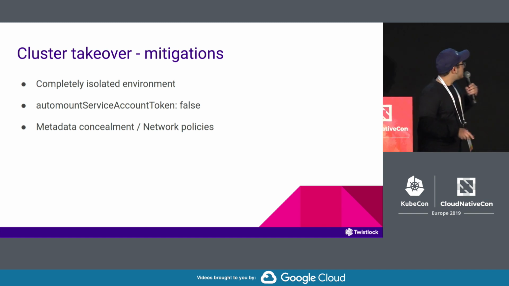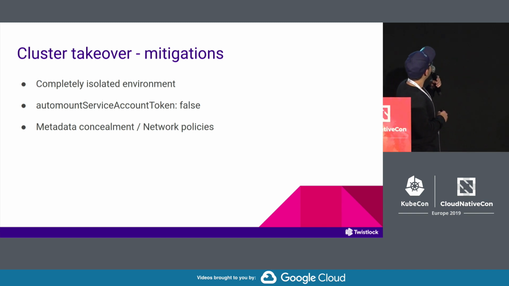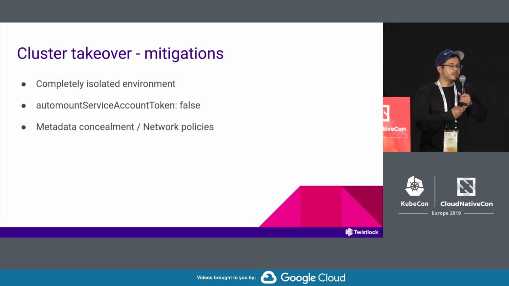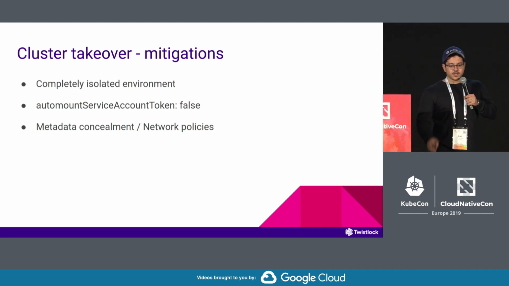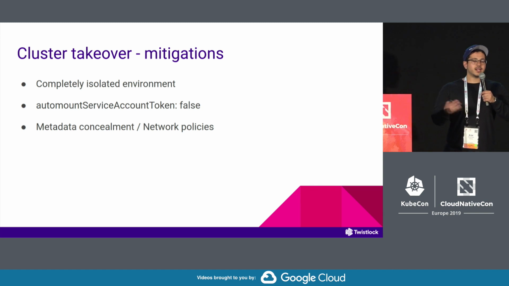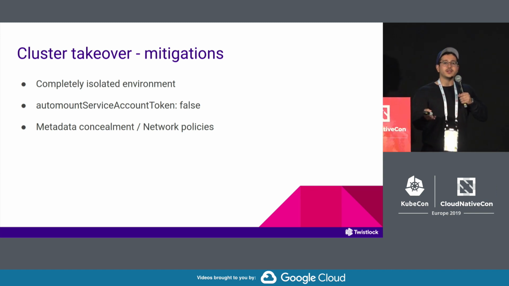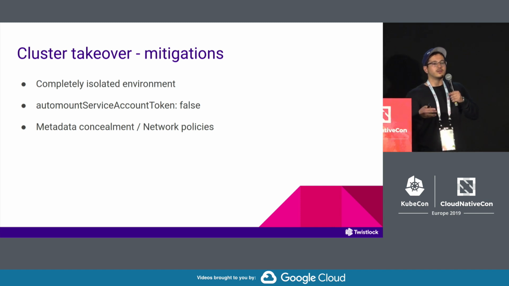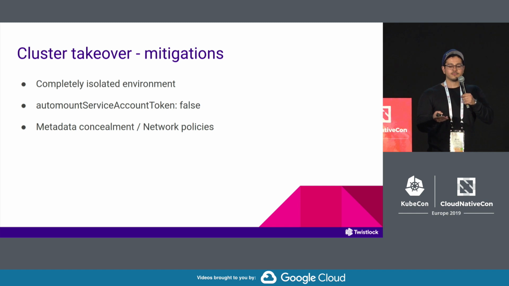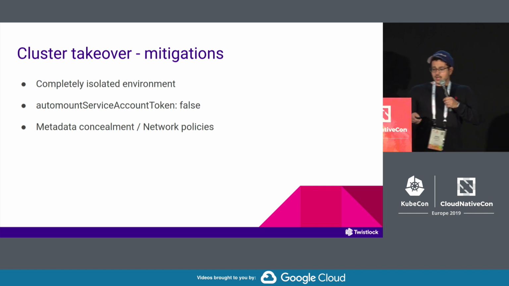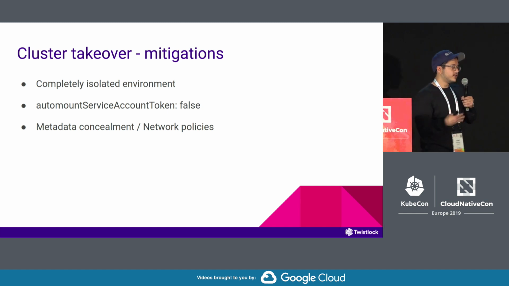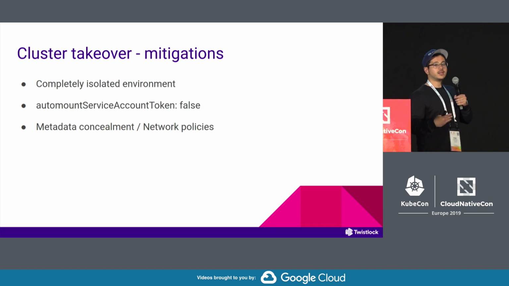And one more important thing is preventing access to the metadata API. Now, the metadata API is something you have in all the cloud providers. AWS has it, GKE has it. It is some IP that when you access it, you can usually, using an anonymous user, meaning no user login, get access to information about your cluster. So you could see all the images, you could see what is running, you could download the images.